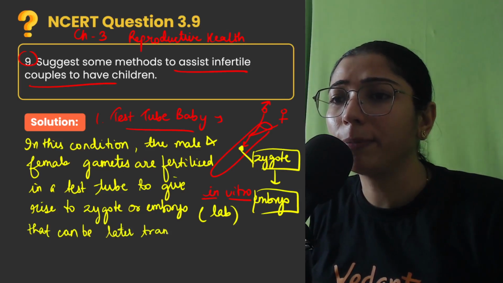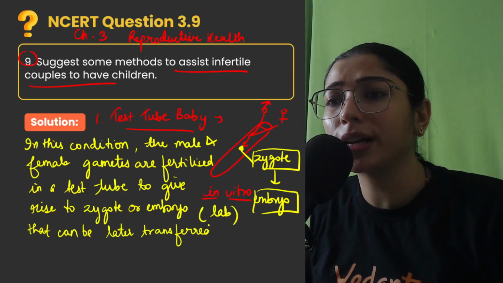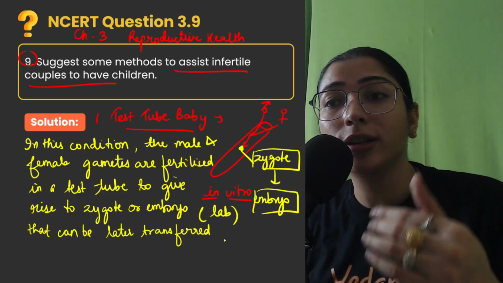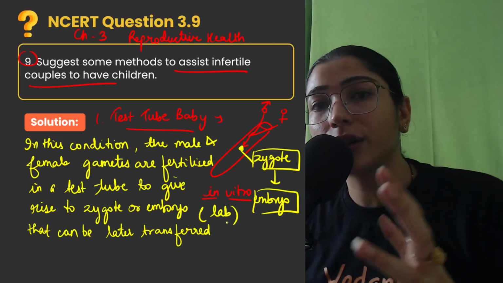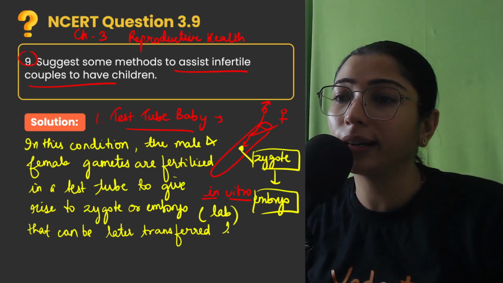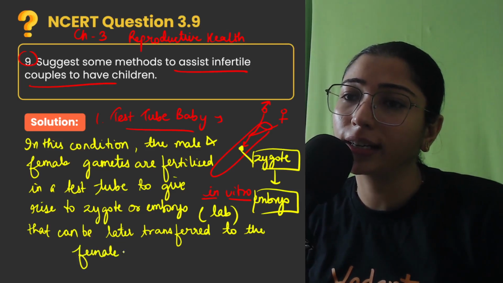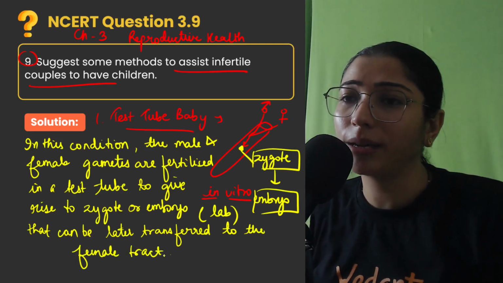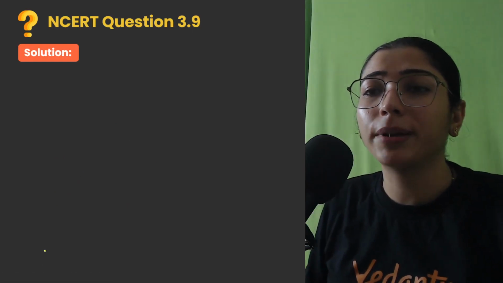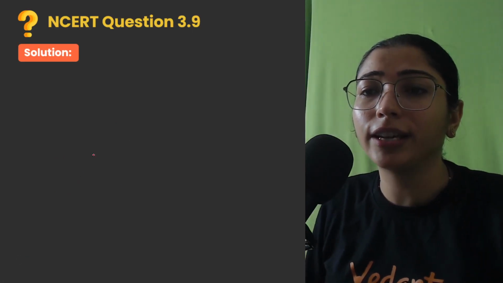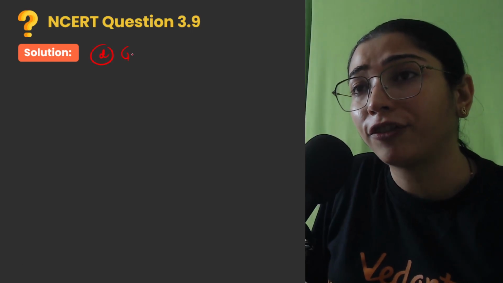तो दैट टोटली डिपेंड्स. अगर zygotic स्टेज में होगा तो हम ट्रांसफ़र करेंगे टू फलोपियन ट्यूब. अगर zygote एम्ब्रियो स्टेज में होगा तो उसको ट्रांसफ़र करेंगे टू द यूट्रस. दैट कैन बी लेटर ट्रांसफर्ड टू द फीमेल रिप्रोडक्टिव ट्रैक्ट. राइट, क्लियर? सो दिस इज़ वन मेथड. सेकेंड मेथड जो हम यहाँ पर इंक्लूड कर सकते हैं फॉर कंसीविंग, दैट इज़ GIFT, gamete intrafallopian transfer.